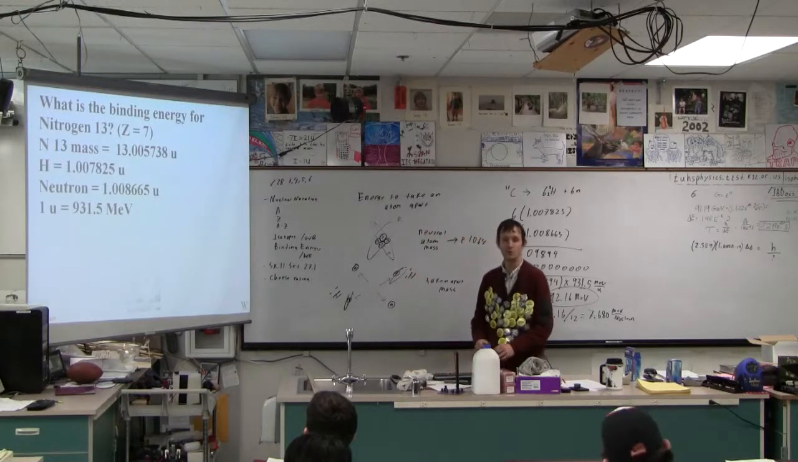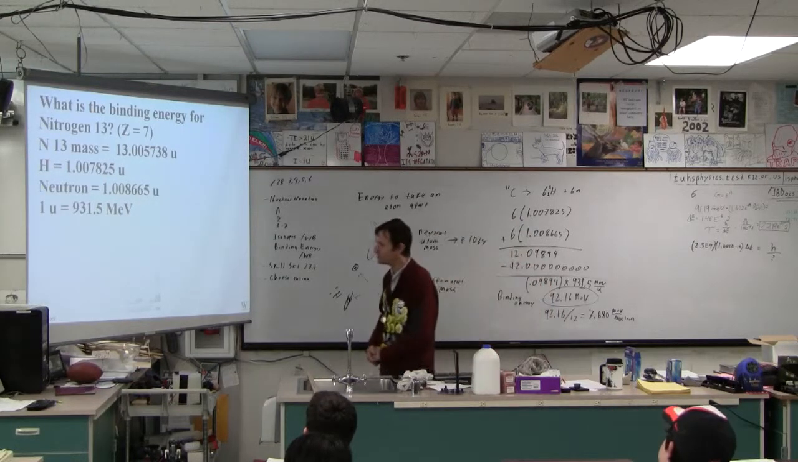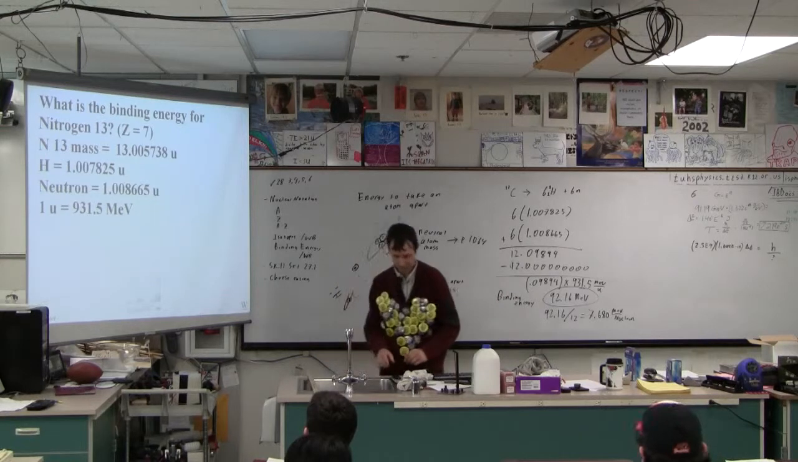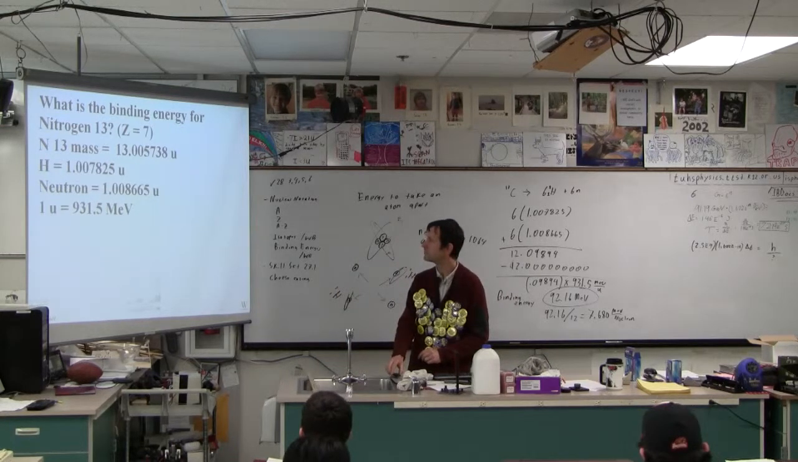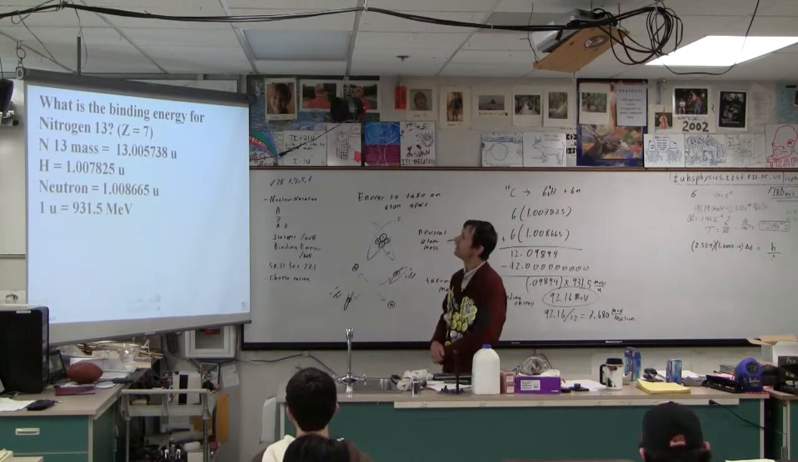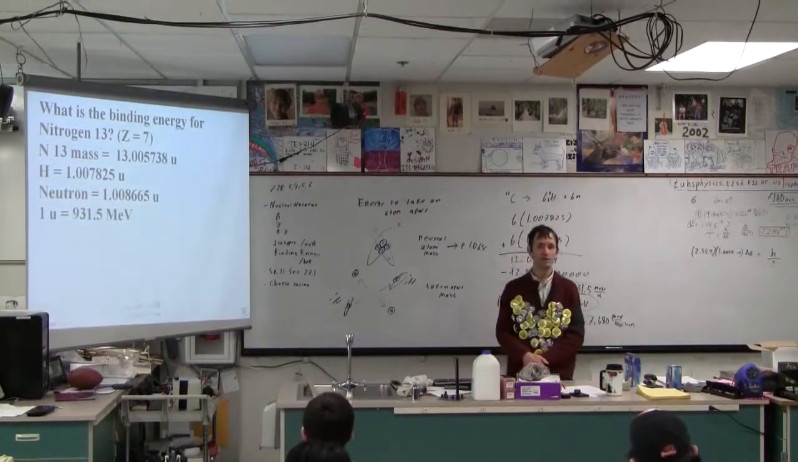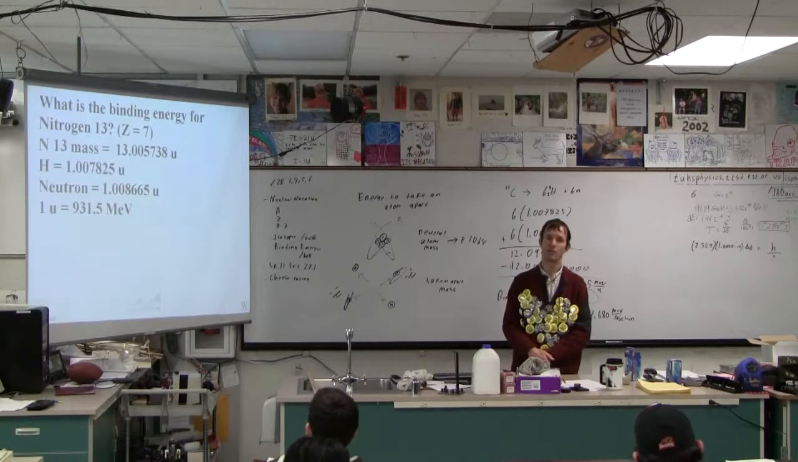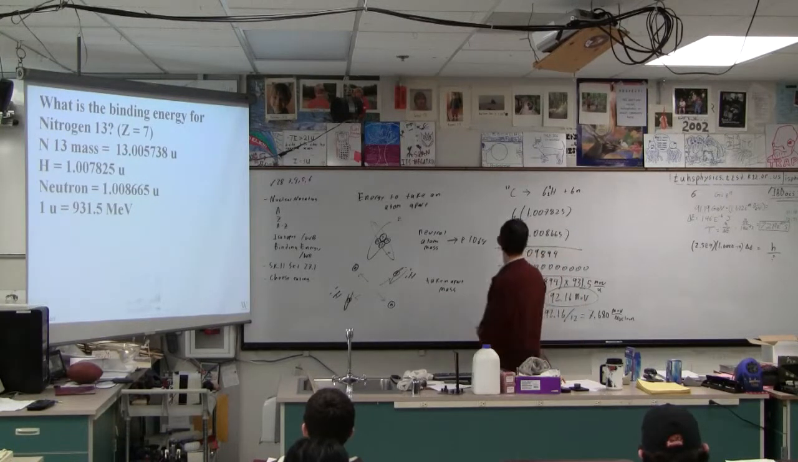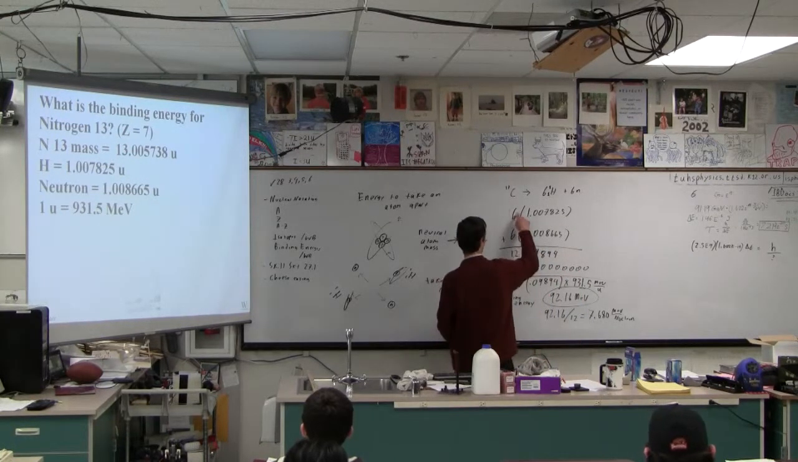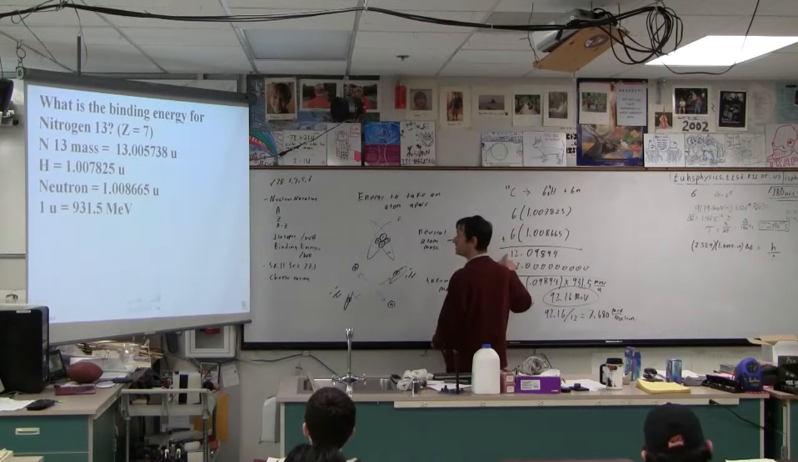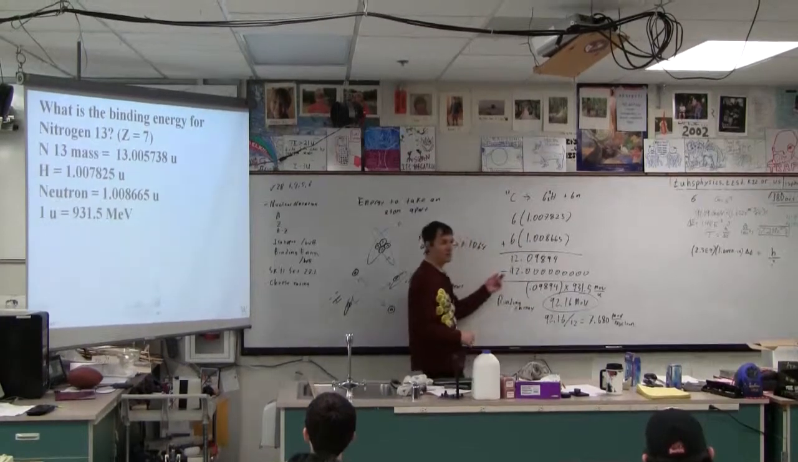Okay, let's try. Nitrogen 13, the binding energy of nitrogen 13. Nitrogen is atom number 7. So how many neutrons do we have? 6 of those, right? So the mass here is going to be 7 of those, 6 of these. And then the neutral atom mass is not 13, it's actually 13.0